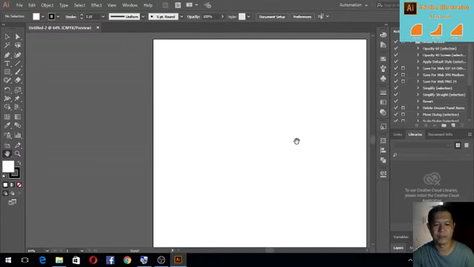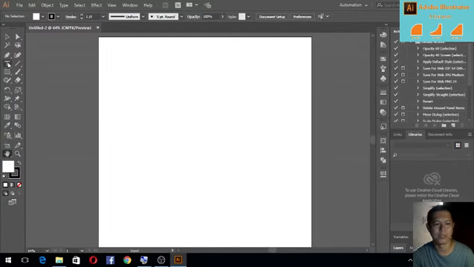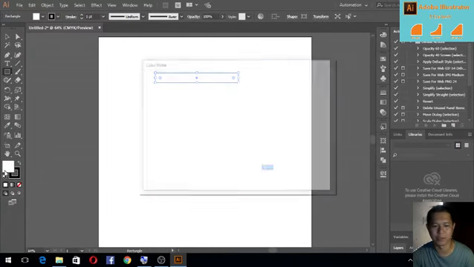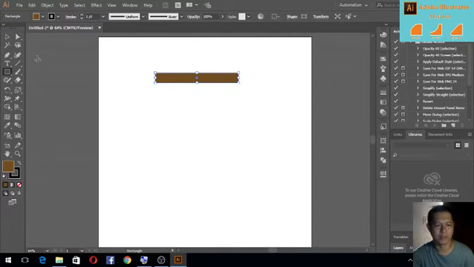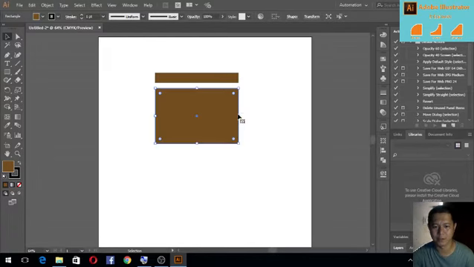Then go to the rectangle tool, create this one there and make it color brown, and copy with the Alt key, and then drag it to the center and make a simple man,